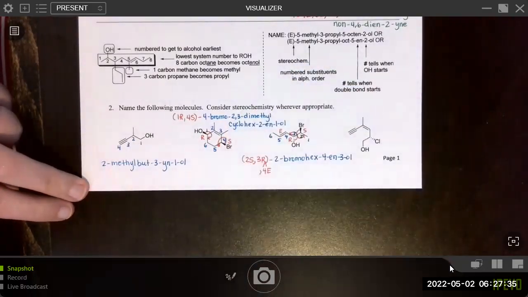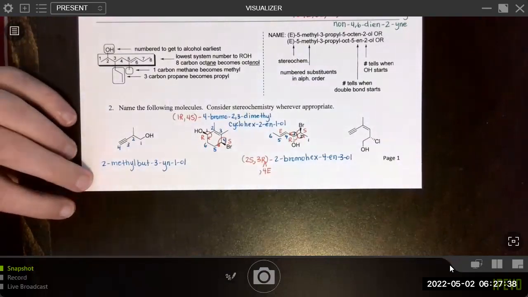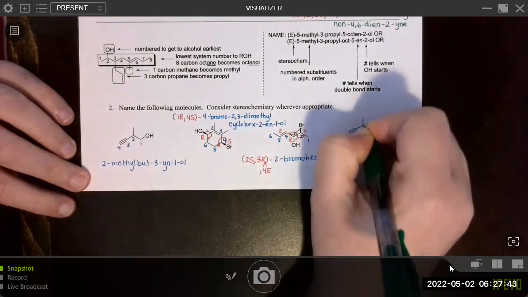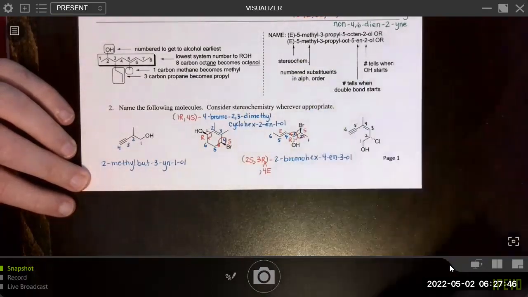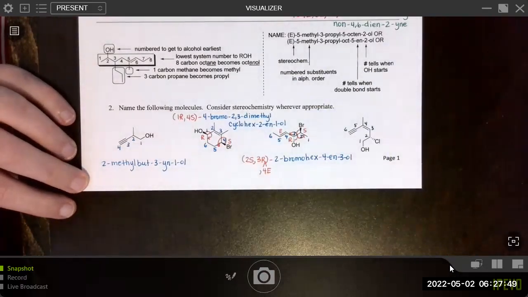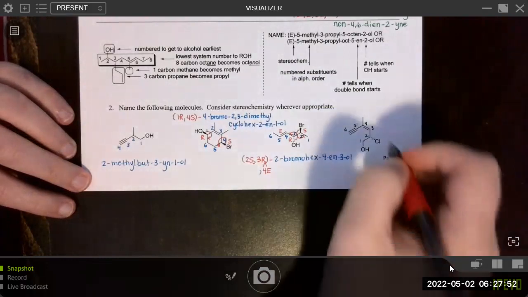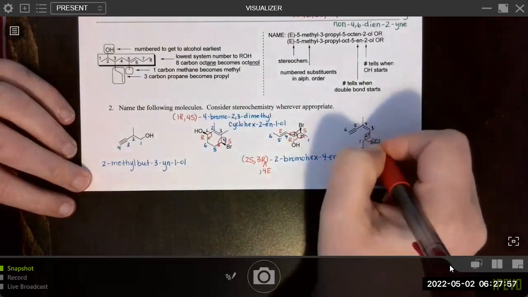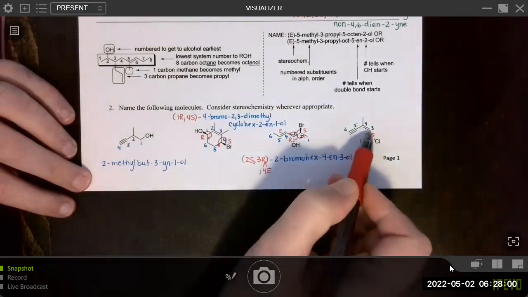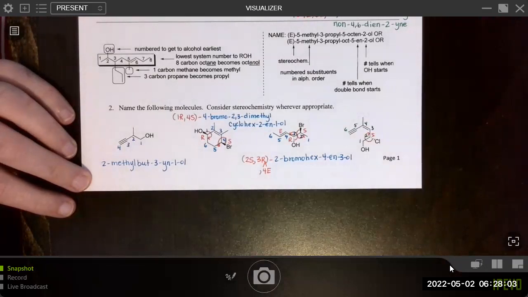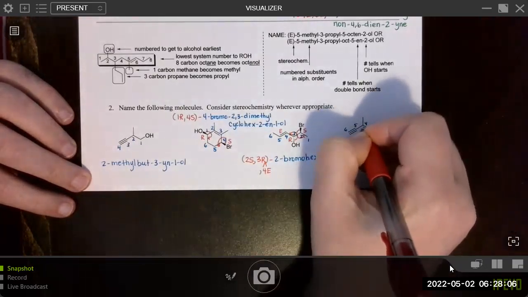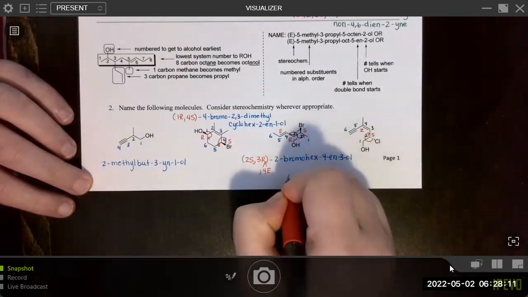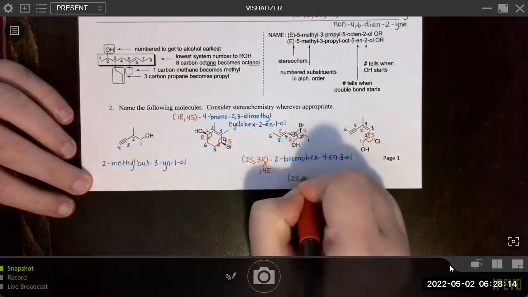All right, looking at the last one, let's work. We want to have the lowest number possible for the alcohol. So 1, 2, 3, 4, 5, 6. So stereochemistry. We have 1 chiral center right here. This will be 1 to 2 to 3, fourth priority coming out at you. So clockwise becomes counterclockwise, and this is S. Whenever we have a double bond, we should think, is this E or Z? Stereochemistry wise, we want to start off with 2S.